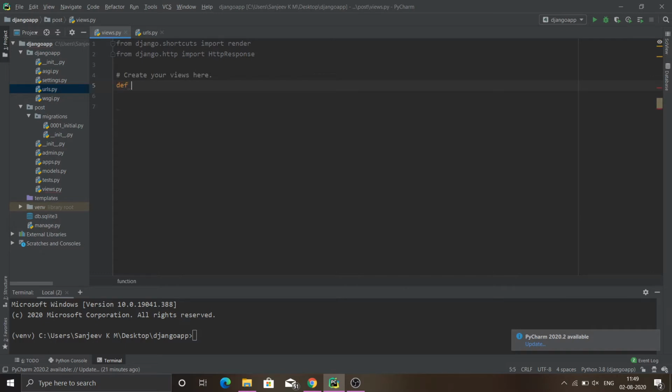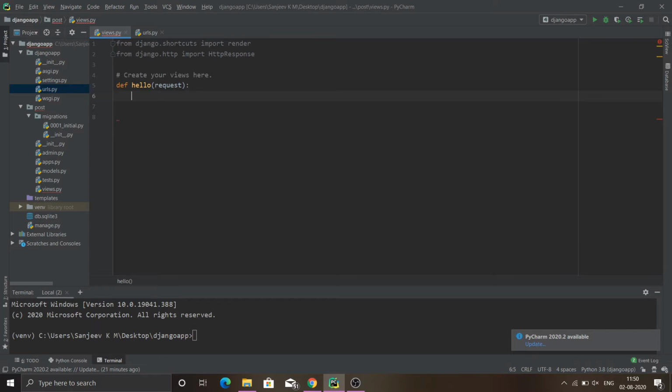It will start with a definition followed by the function name and parentheses, and this function always has a return value. This function accepts the request parameter right in here, which contains all the information that the browser provides when the user visits this view.